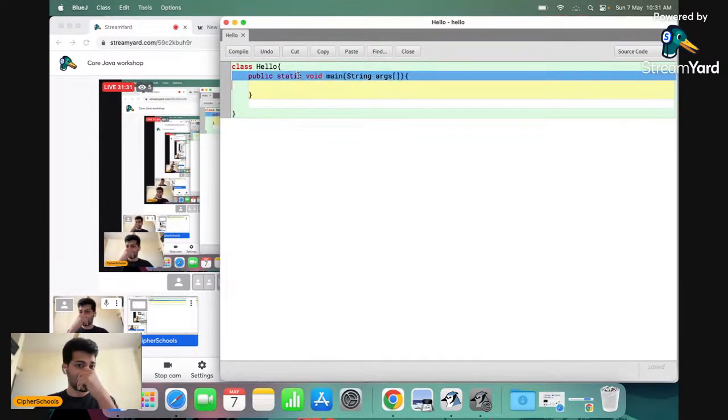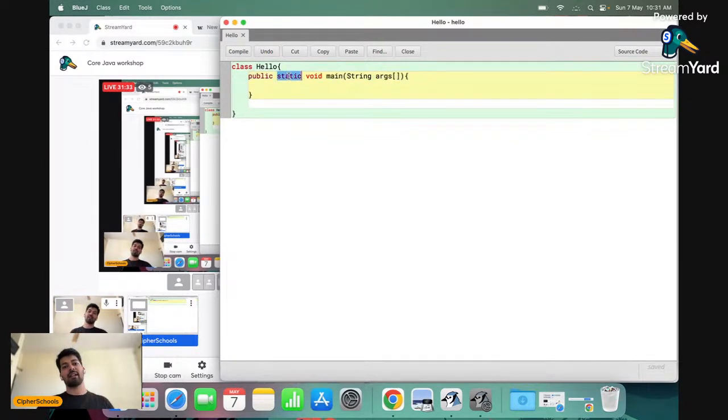Moving on to the next, static is an interesting keyword, right? So when we talk about an object-oriented programming language in particular, the role of static over here when we define it in front of the main is to actually